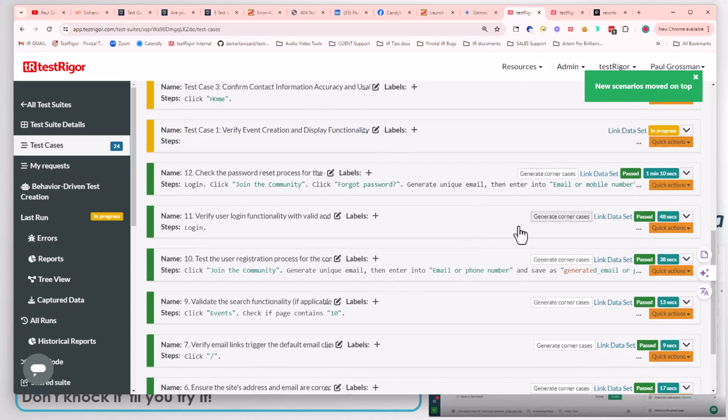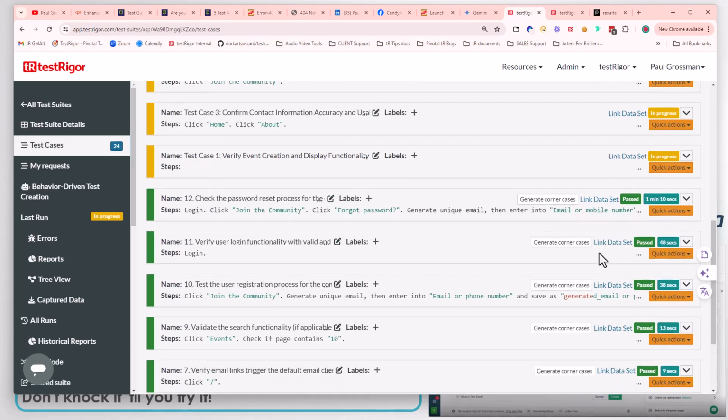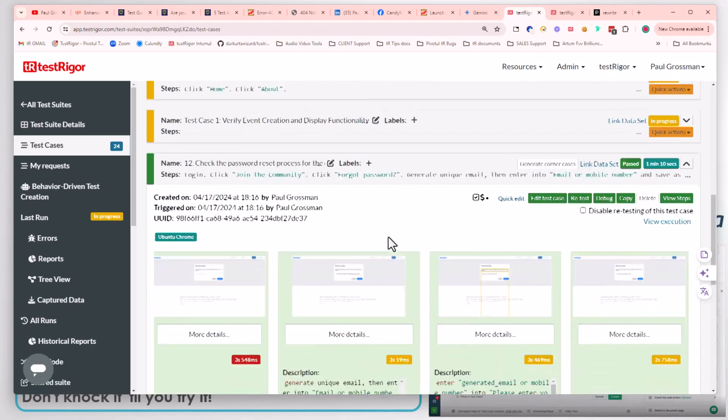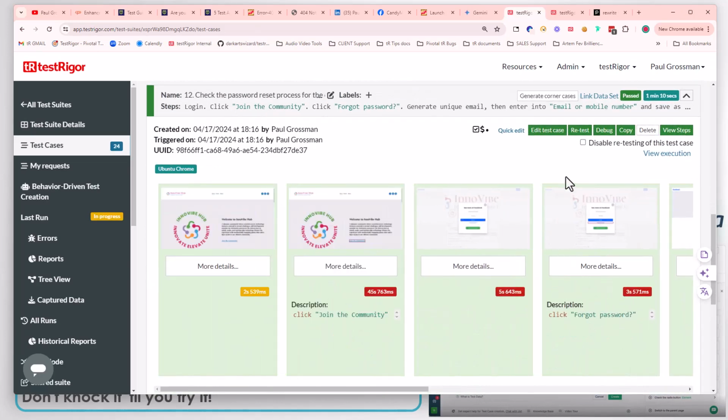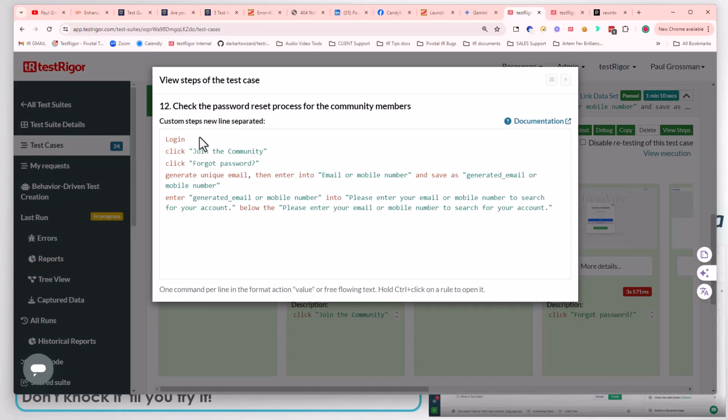While that's in progress, it's actually running all in parallel. I'll talk a little bit about that. This is what it looks like, because these are the steps that got written over here. First, it said, go log in. If I had some credentials, it tries to figure out how to log into the community, into the project. You do have to set some credentials, but every login is different. 95% of the time, the thing just figures it out, going, okay, I'll take some credentials and I'll go try and log in. It goes and says, click join the community, click forgot password, enter a unique